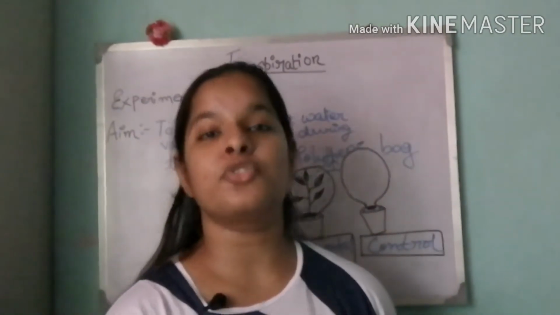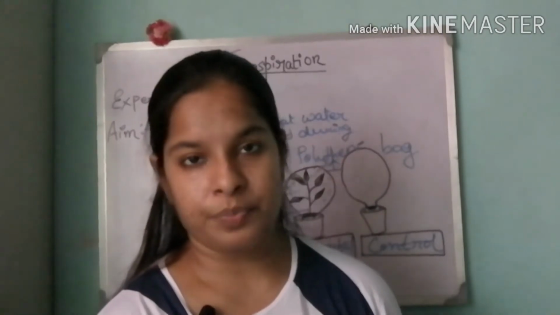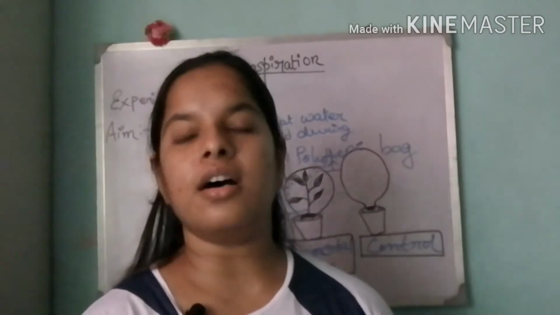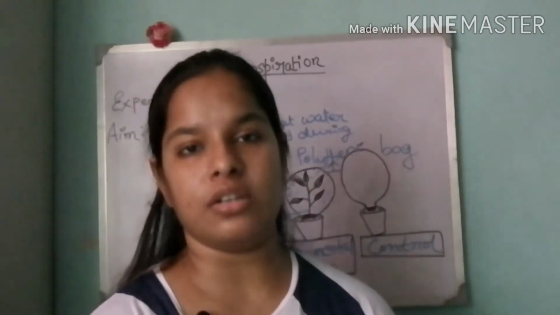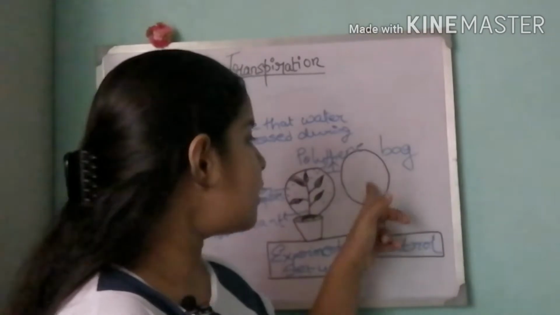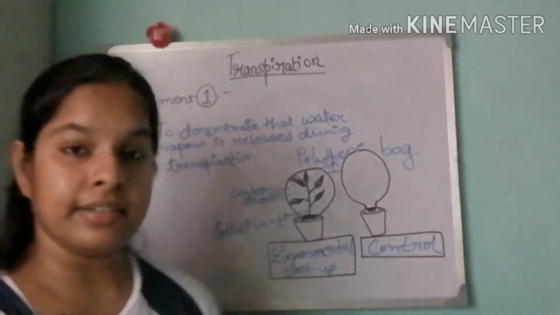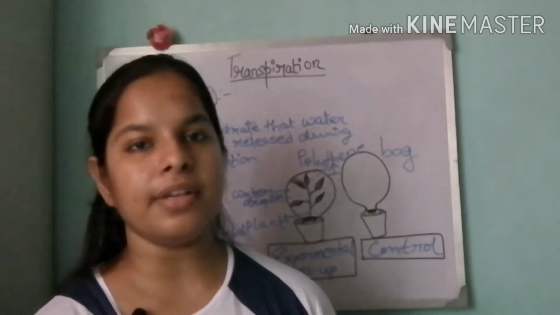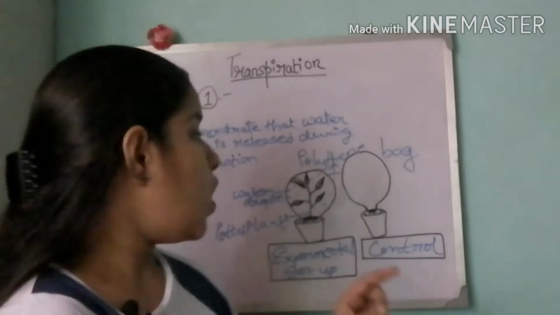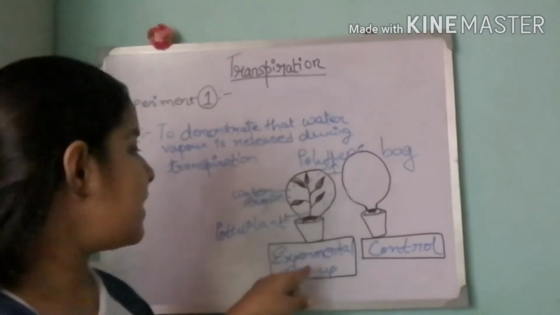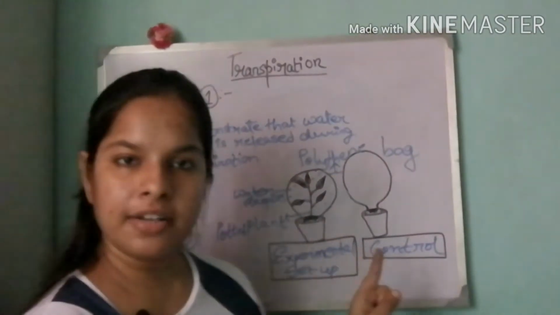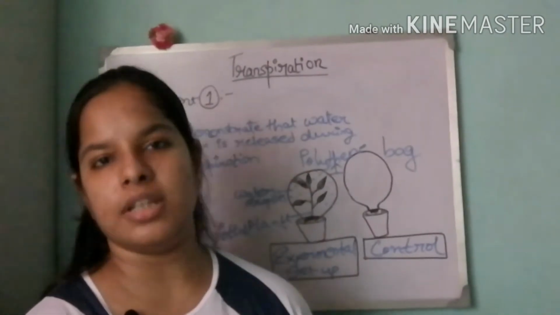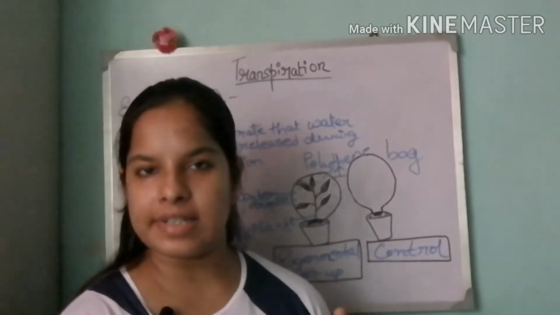Now you will think, what is a control and why have we done the control? Basically, control is very important and it helps to compare and prove the main aim of the experiment. In this control, you can see the leaves are absent, and this will help us to prove our experiment. In the experimental setup we have taken a well potted plant which is covered with a polythene bag, and in the control only a pot is covered with a polythene bag. No leaves or plants are present in there.